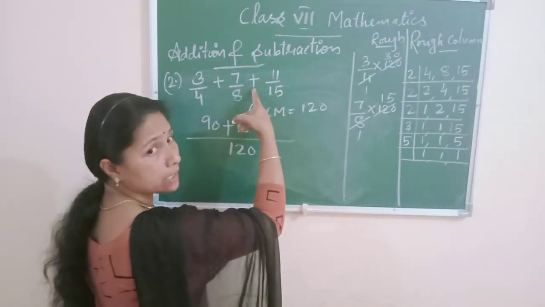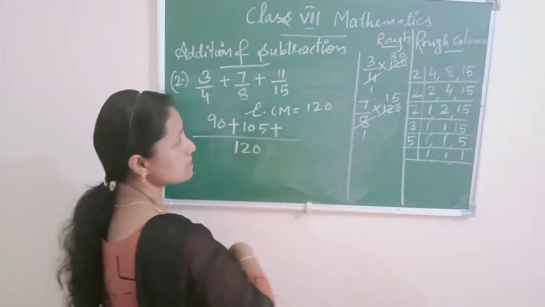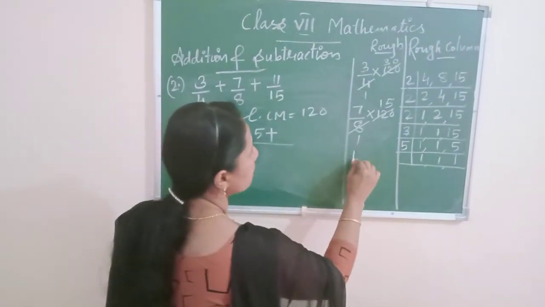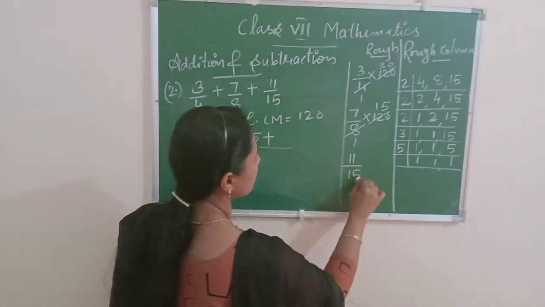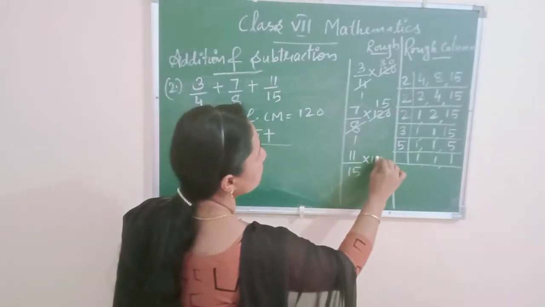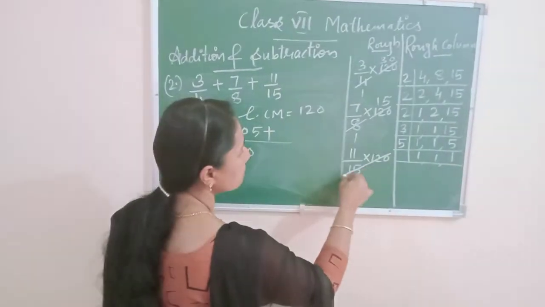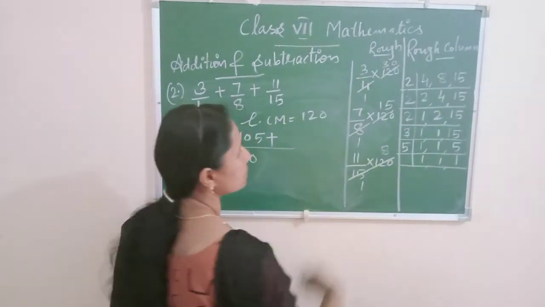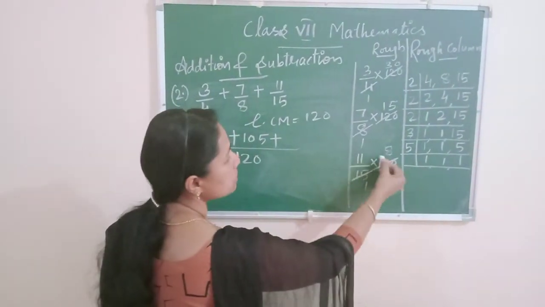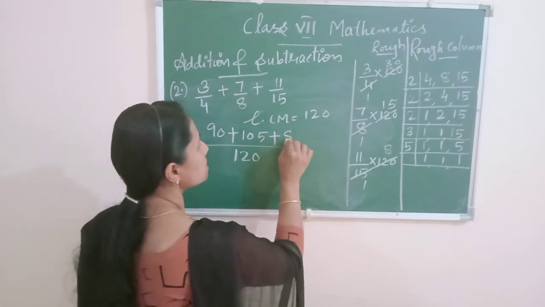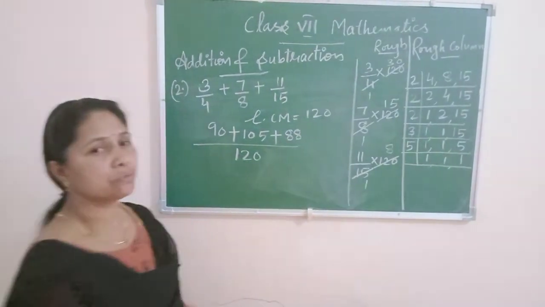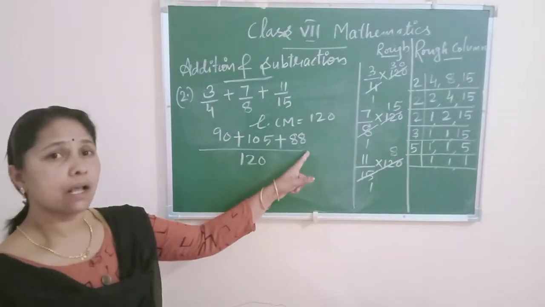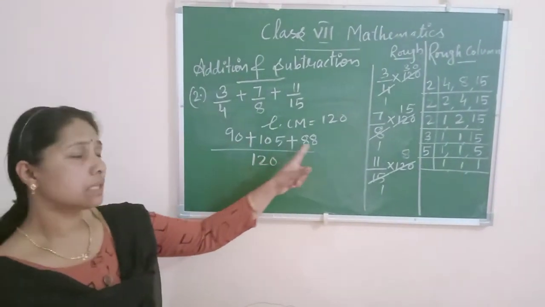Here also, again it is addition, so here we put the addition sign. Now the third fraction, 11 upon 15, and this also multiplied by the LCM. 15 divided by 15, 1 will come, and 15 8s are 120. Then multiply this number together, 11 into 8, 88 will come. So we changed all three numerators here. After changing the numerators, add these numbers together.